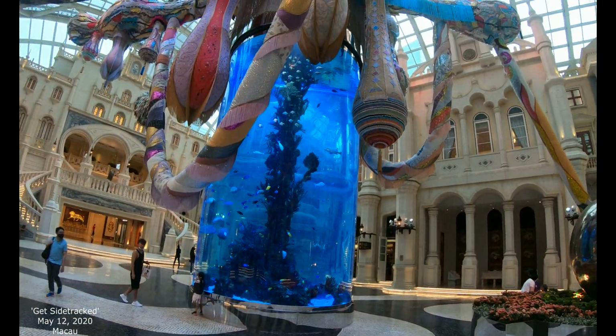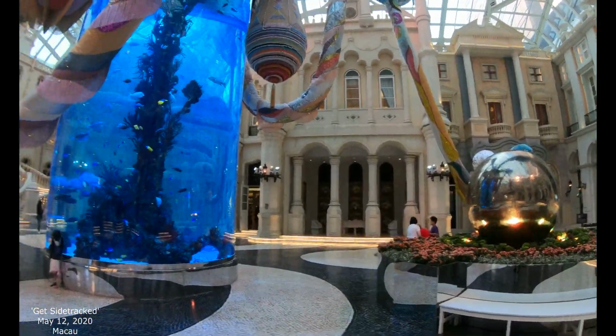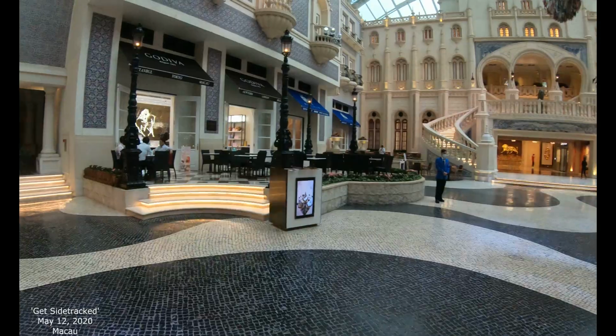As of recently, they opened up the borders to Zhuhai, but it's kind of small. And I think those people have to have very specific